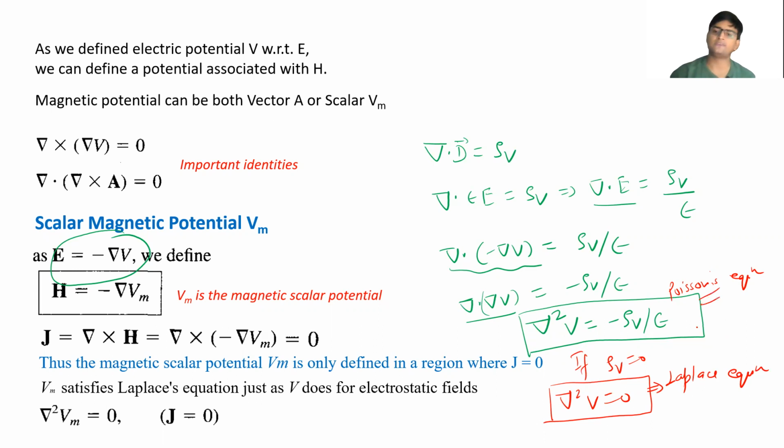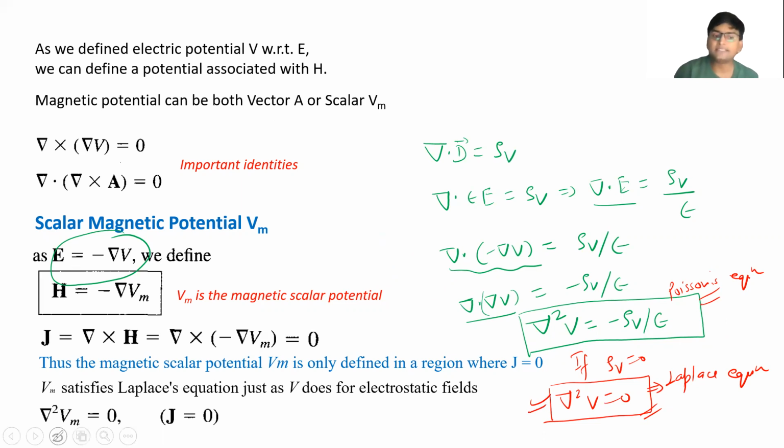Out of these two equations, basically the second equation is very important, and a lot of questions in electromagnetic field theory are framed on these equations. This helps in calculating voltages and electric fields in any region. So why am I telling you this? For electric fields, if the region is charge free, you get del square V is equal to 0, which is the Laplacian of voltage is equal to 0.